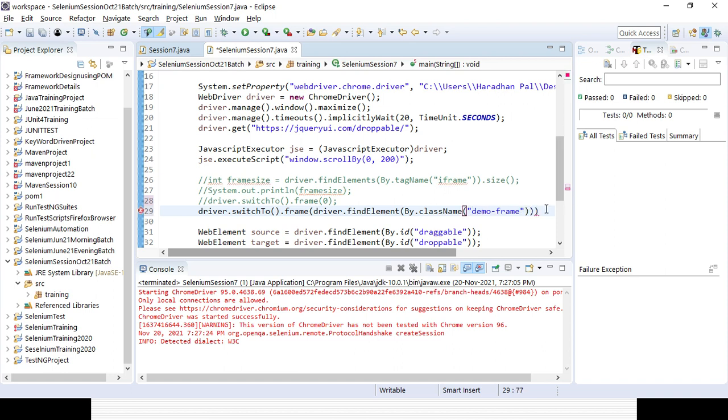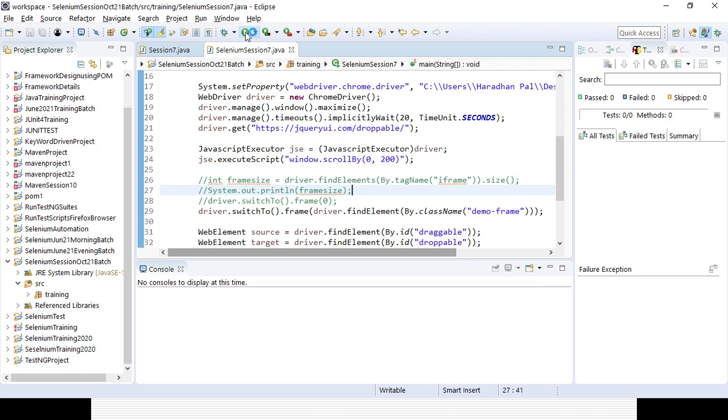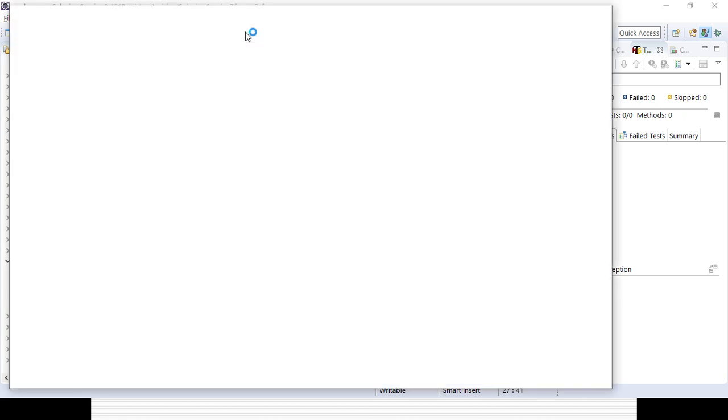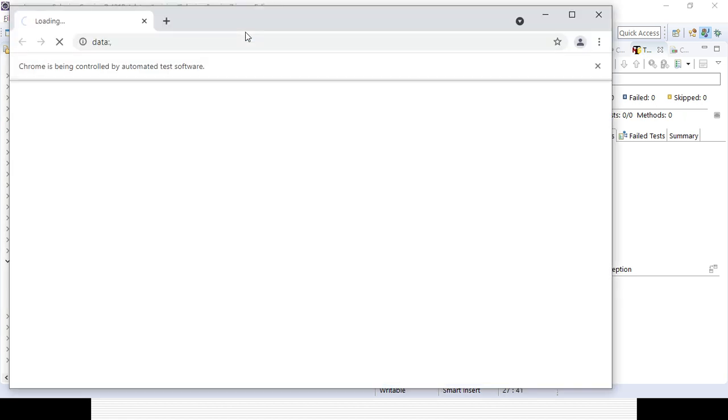Okay, let's close the bracket, and now let's run the code again, and let's see whether it's working or not. So either it's name or the web element reference or the ID. These are the three options available to handle the frame. Once you handle the frame, then whatever object or element is within the frame, you can identify them and you can perform the respective operation on those elements.